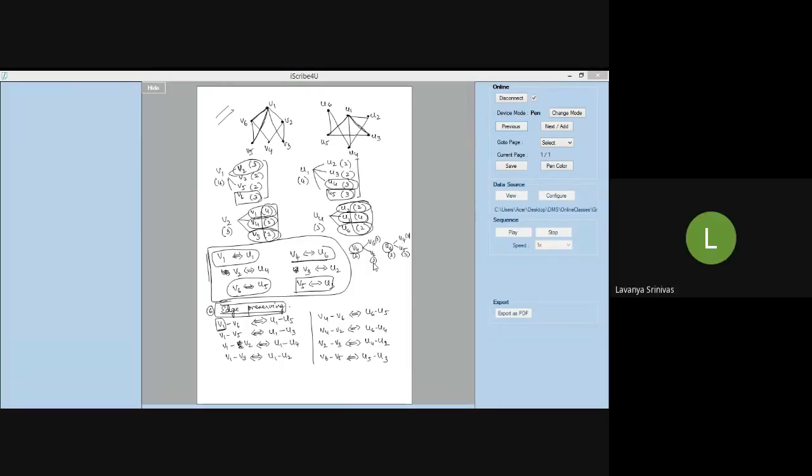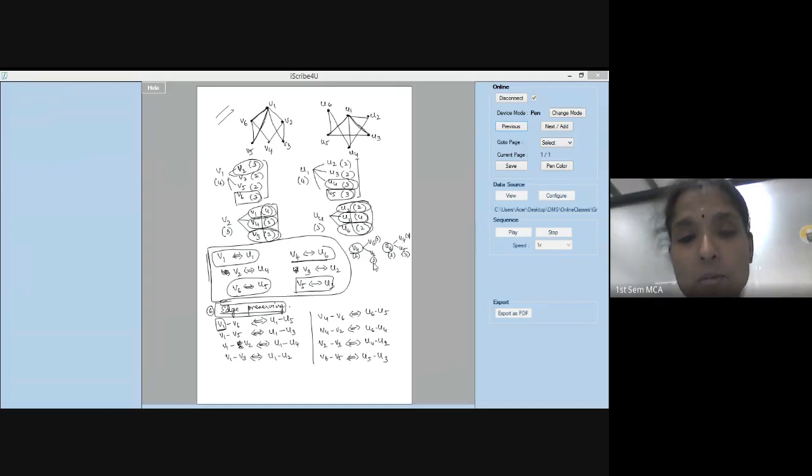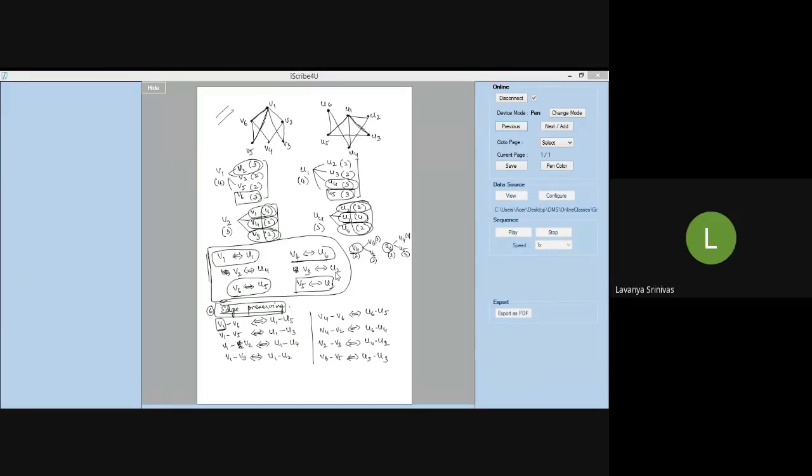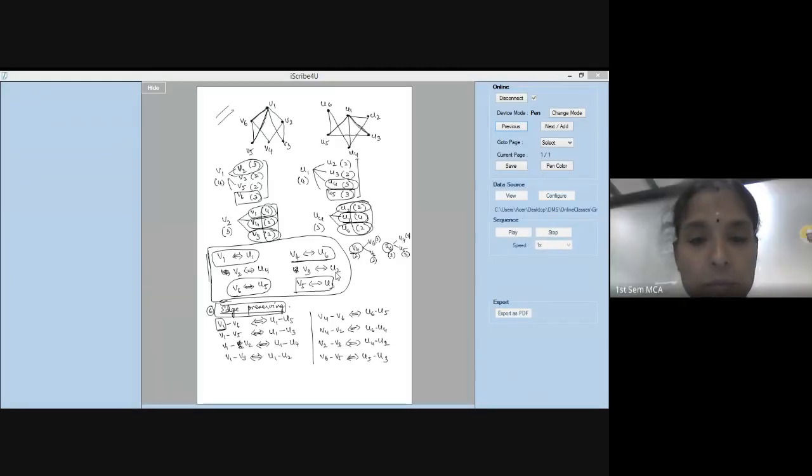Okay, ma'am. See, when you came to the matrix part, you found that you need not come to the matrix part to find that. You can even find it out in edge preserving. In edge preserving, did you get it properly because of taking U2 instead of U6? I have written correspondingly, ma'am, by taking the full first graph G1, I have written one side, and correspondingly I have written this second graph. But in writing the matrix only, I will get the mistake, ma'am. No, you will get the mistake in edge preserving itself. In edge preserving, what is different in yours? Can you tell me with respect to mine?